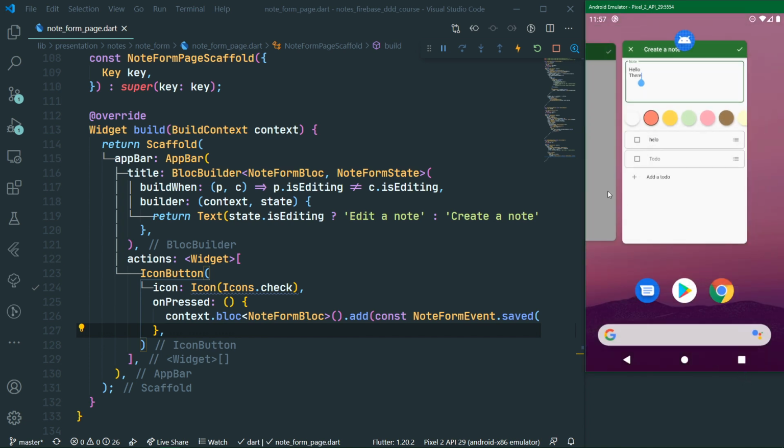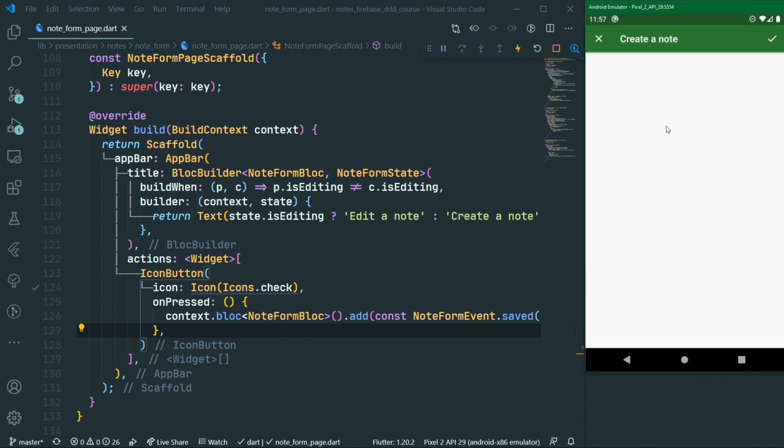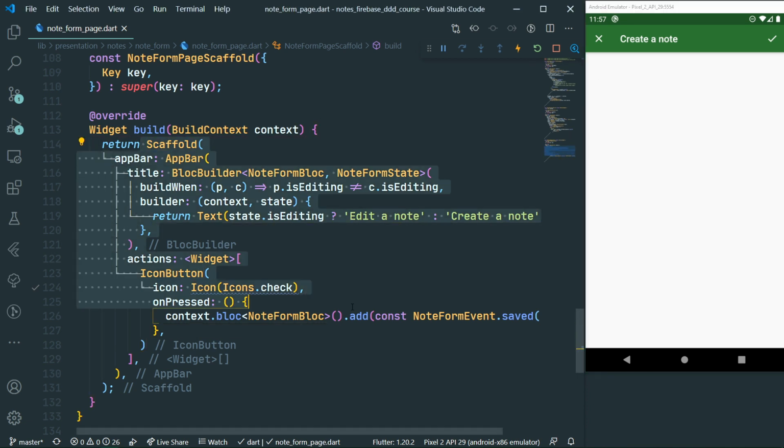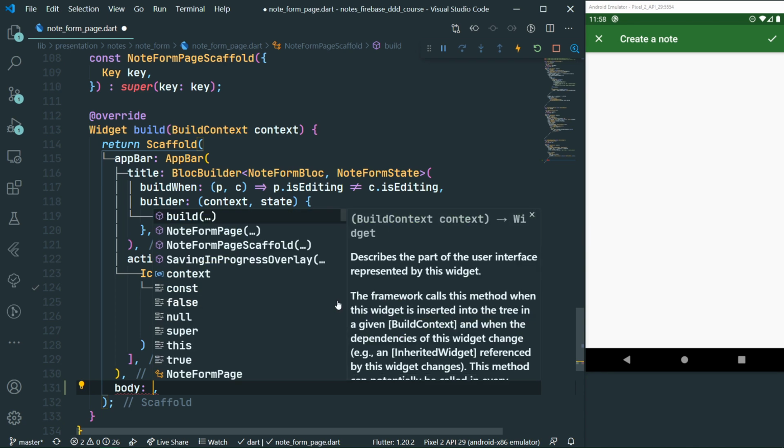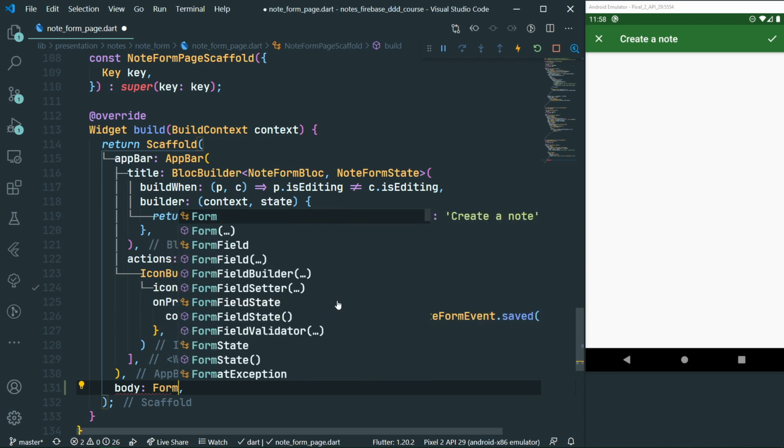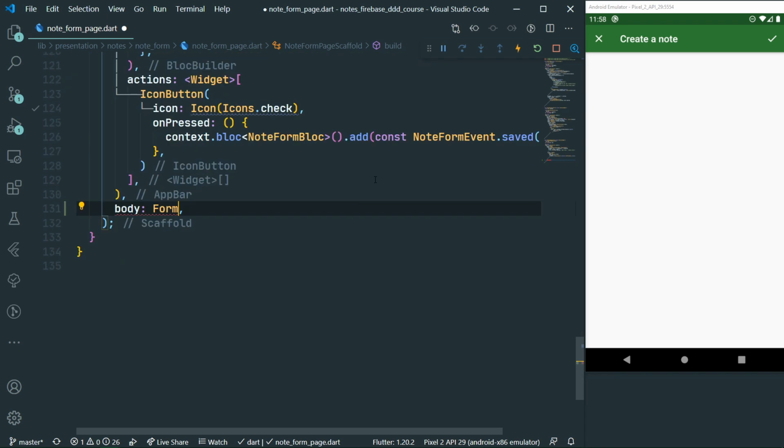So if I go to the app which we are currently building, this is the current state of the note form page. As you can see, we don't have any actual body of the scaffold, we just have its app bar, and that's it. So let's now implement the body so that we can add a form with a body field to it. So as usual, scaffold needs to have a body which will be a form, and this form